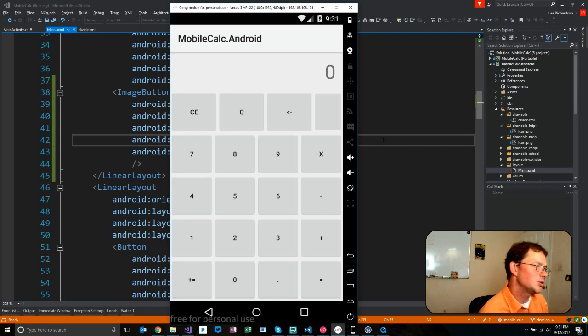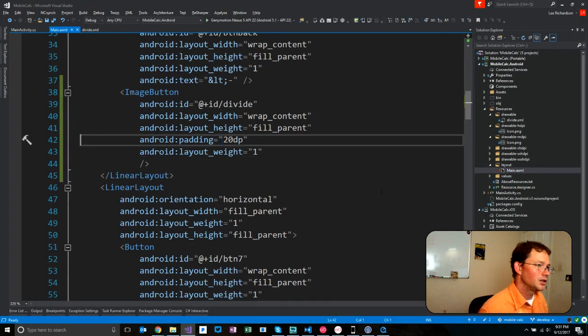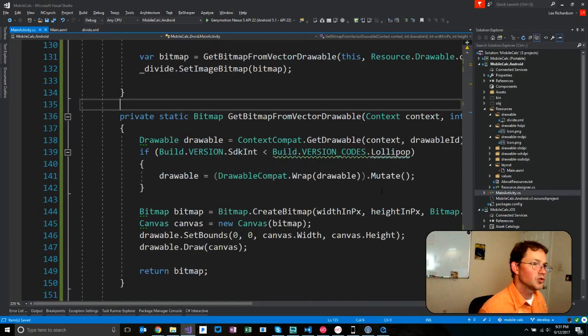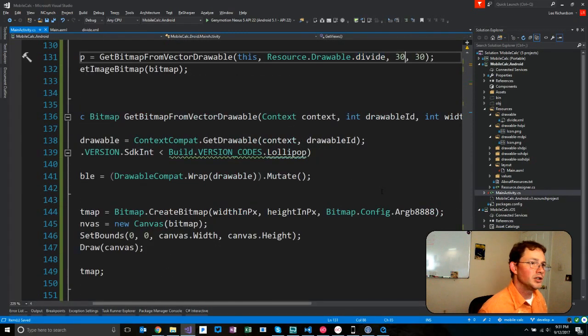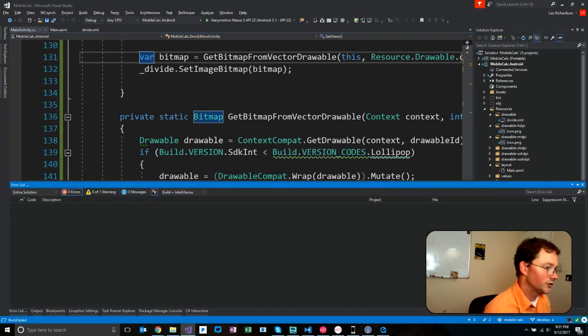It's like we are stretching it, right? It's like we're stretching it in a really weird way. Let's get rid of the padding. Let's try increasing the size to 50/50. Again, we've got a problem where we need to convert from